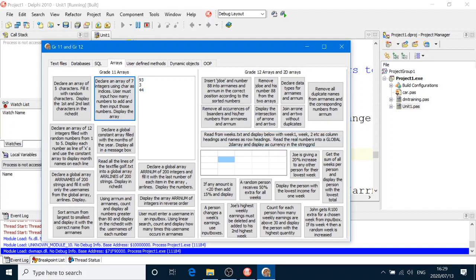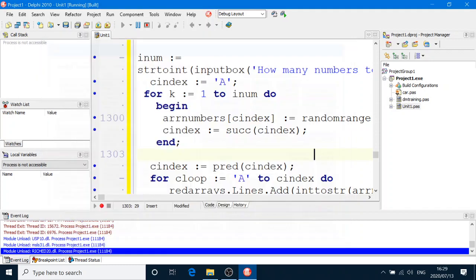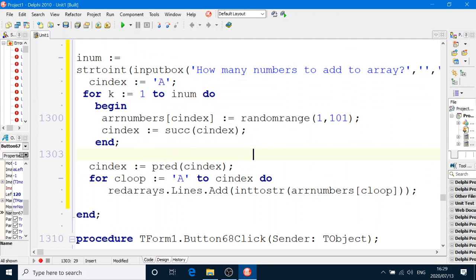There we go. So now that's fine. Remember, those are random numbers that were displayed in the rich edit. The random numbers were put into the array, and then we displayed that in the rich edit up to the C index. If I said A to F,